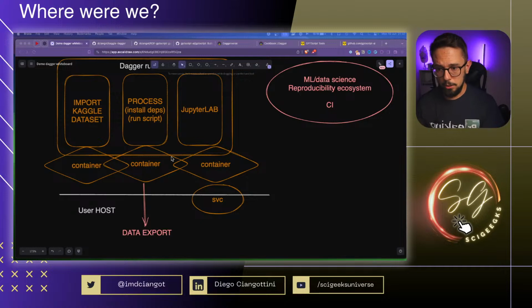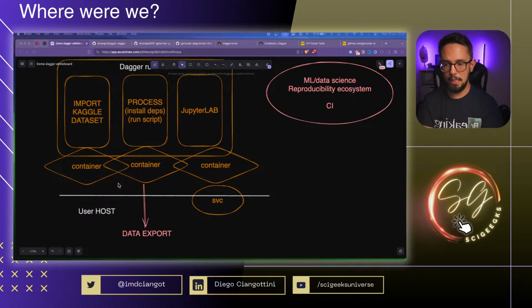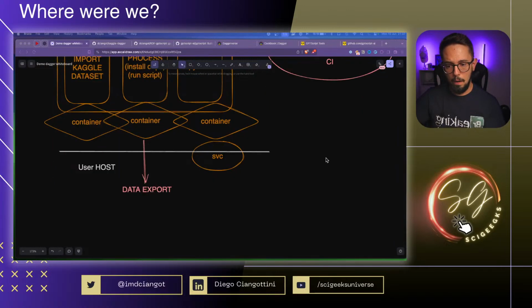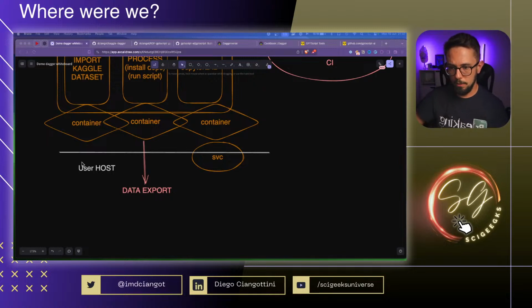Which are these functions? Basically, they are operations that are executed by the Dagger runtime one after the other on a container interface. We are going to see this in practice. I do not want to put too much effort in describing all the nitty-gritty details, so you will touch them with your hands. So all in all, you will have, from the user perspective, something that is really a black box that exposes some arguments and options, and you can make them